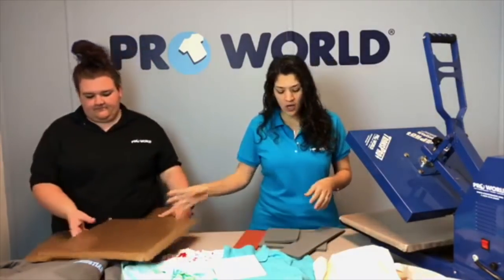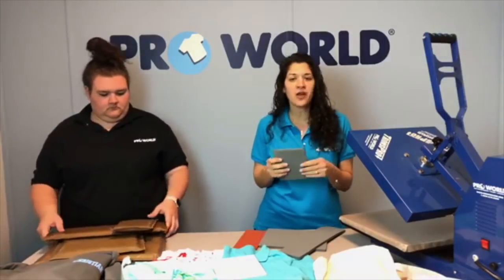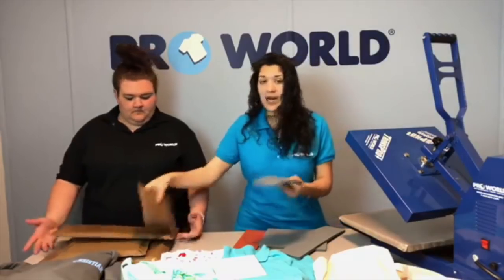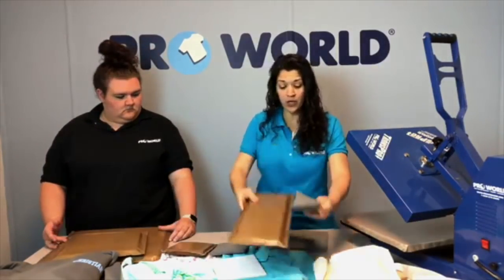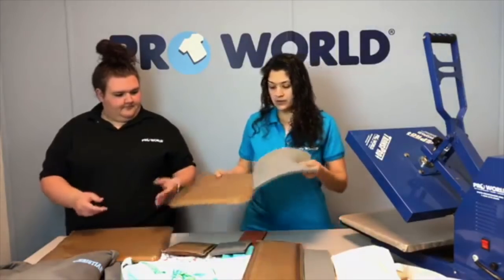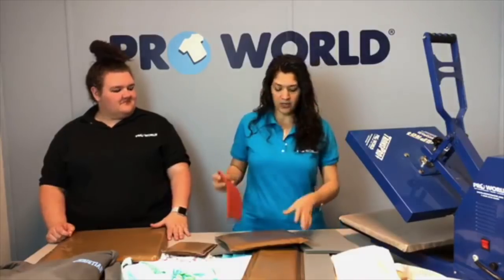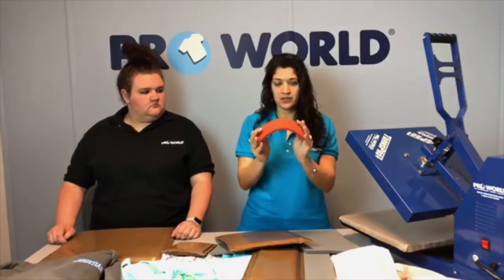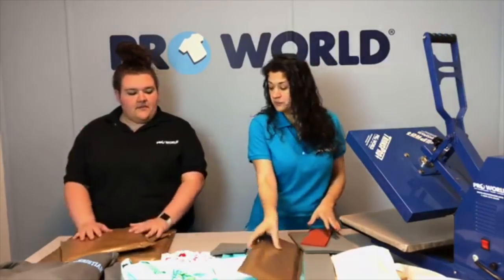Yes. All right, and then the perfect pads. We have a couple of them. I didn't bring them all in here, but again, they're comparable in size. You have one to match each pillow. And then another little one. This is the one for the caps. It goes like this. The cap size. Okay. So these come in a pack of 4,